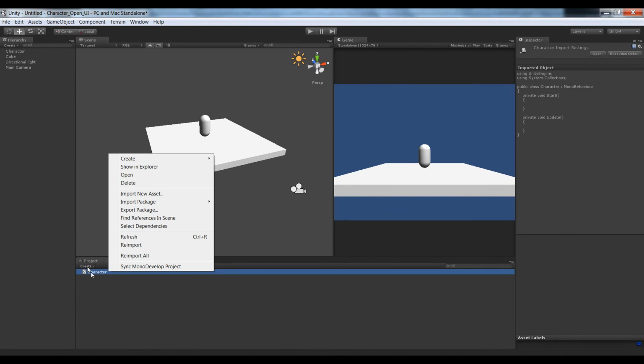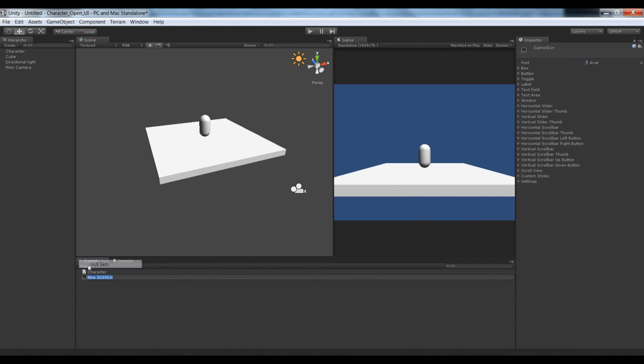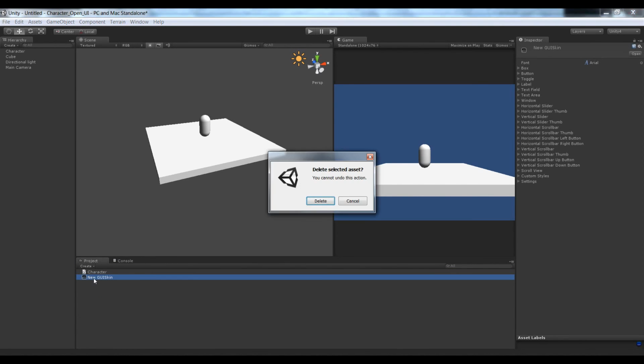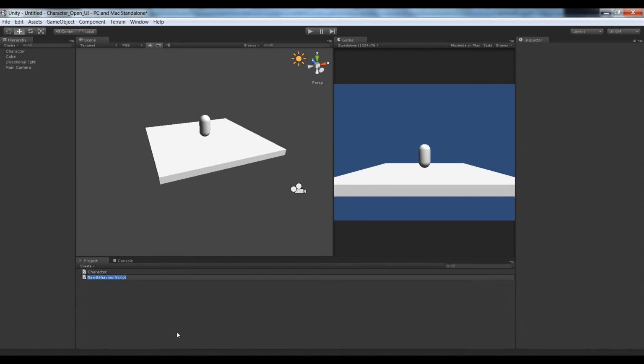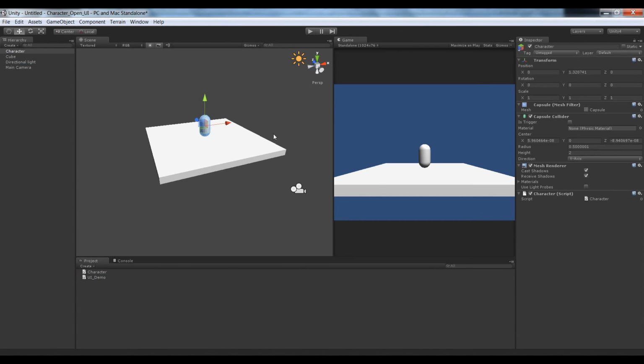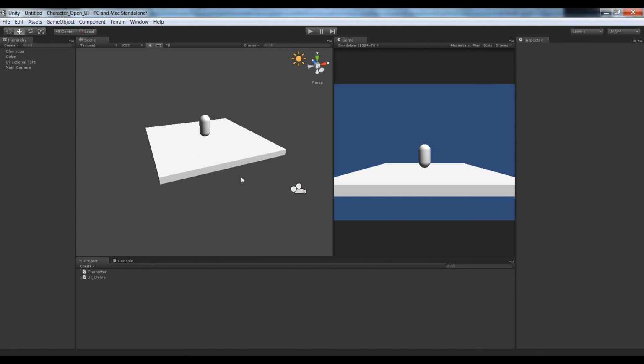So I'm going to make one called character, and I'm going to drop that onto the capsule. And then I'm going to create, no, not a new GUI skin. I'm going to create another C# file. I'm just going to call this UI_demo. I'm going to drag that onto the main camera. So now my character has a script attached and my main camera has a script attached. So first I will open up character,